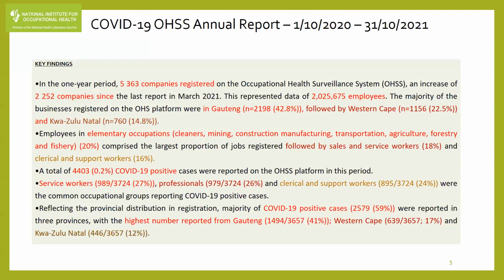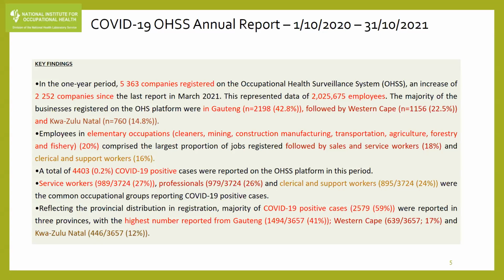So in total, we had 5,363 companies registered on the OHSS, which was an increase of 2,252 companies since March 2020. So this formed about 1% of formal workplaces in South Africa, which is really not significant in terms of what the surveillance system had entailed to do. So the total number of employees registered by all companies was about